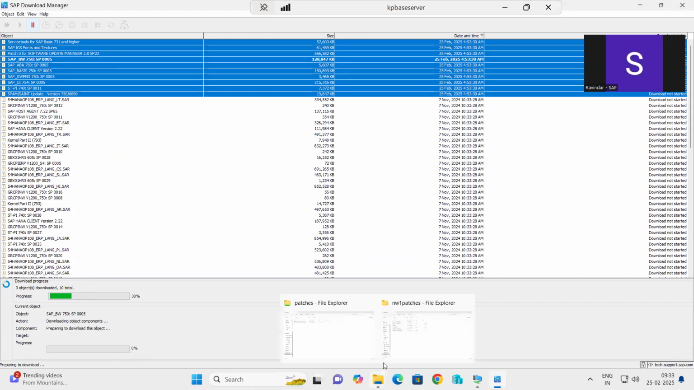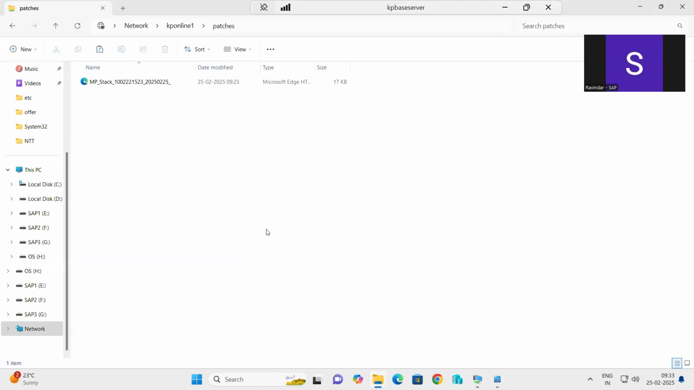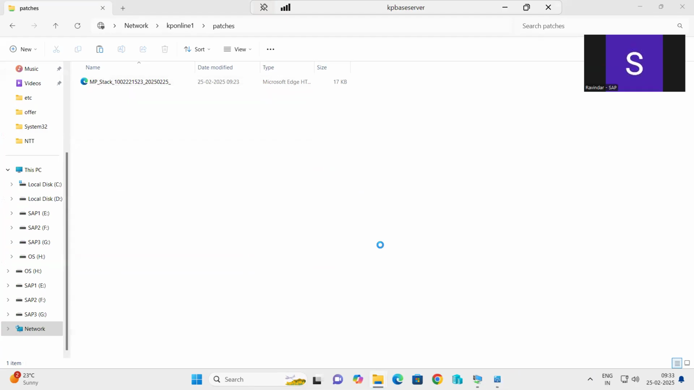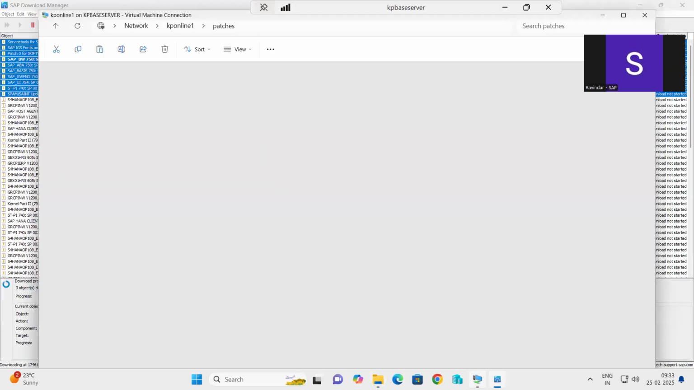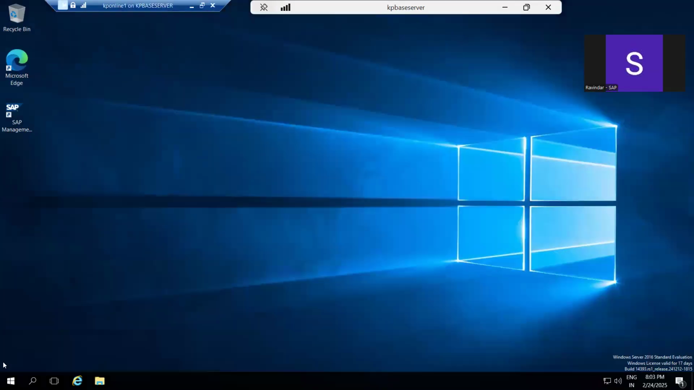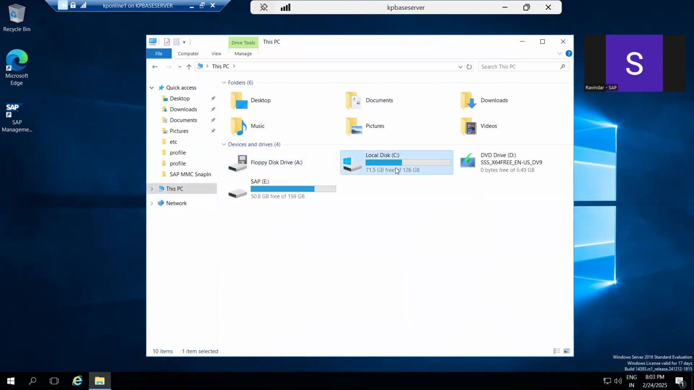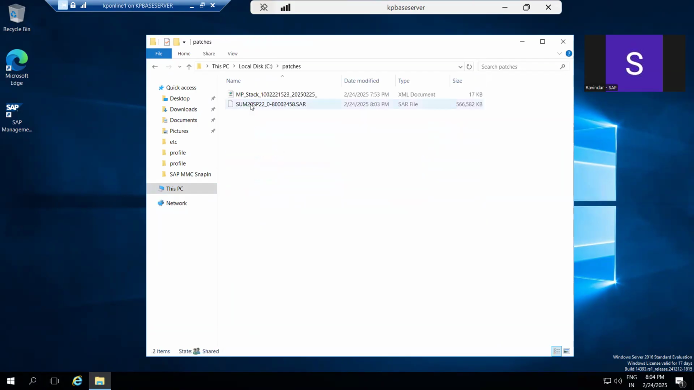So now what I'm going to do, NW1 patches. This is the SUM tool. Then you are moving to the patches folder. Oh, very big. It is done. So what we have to do, we have to move the SUM file from the patches folder to